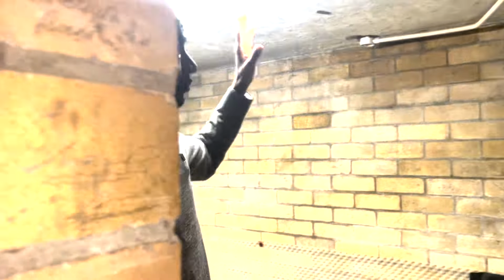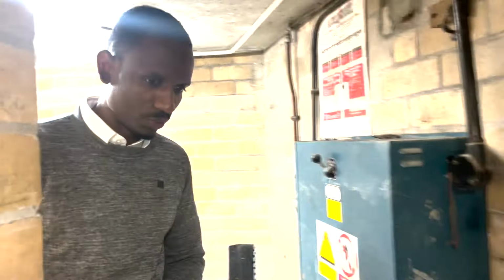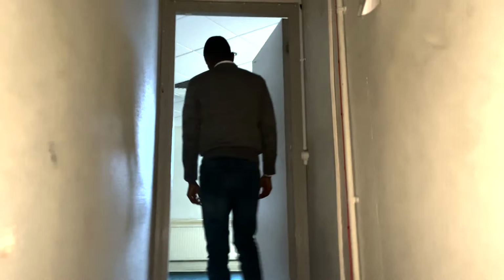And we've got all these lights and sprinklers, all of that is working at the moment. And then obviously we're now going to go upstairs. So once we've gone upstairs, I'm going to show you the accommodation part of the building. Okay, going this way, and then